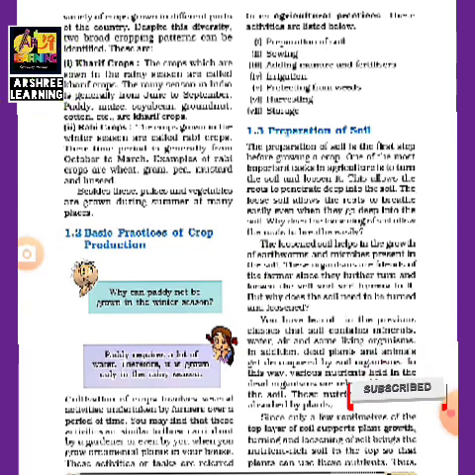Now, what are the different practices which are carried on by the farmer? The first practice is preparing the soil. The second practice is sowing of the seeds. The third practice is adding manure and fertilizer. The fourth practice is irrigation, then protecting the plants from weeds, harvesting and storage. In the first step, preparation of soil, the preparation of soil is the first step which is carried out by